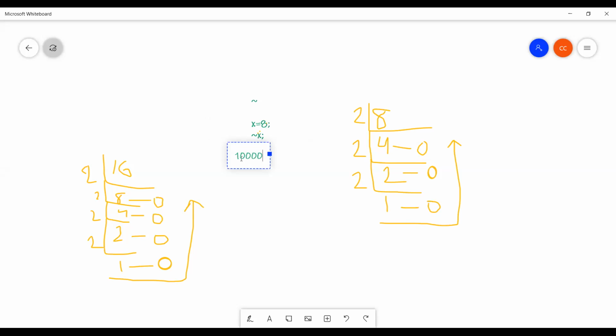So here, how many bits are there? 1, 2, 3, 4, 5. The number should be a minimum of 8-bit format. There are only 5 bits here. For the remaining 3 bits, you put zeros on the left side, the pattern 000. You see, this number is now in 8-bit format. So this is the complement.